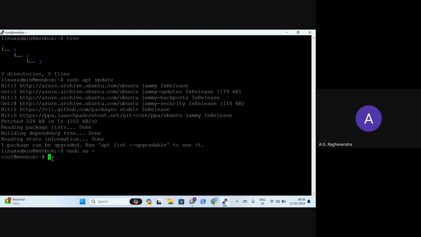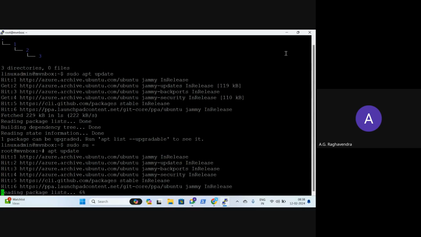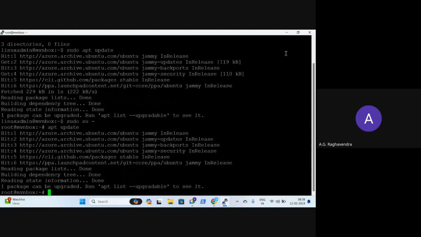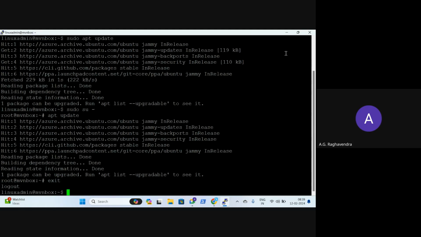Now he need not type anything, no sudo, nothing. He can straight away type the command apt update and it will update without any issues. So the root user is the only one who can execute commands without typing sudo. Now if I say exit, I will go back as a Linux admin.